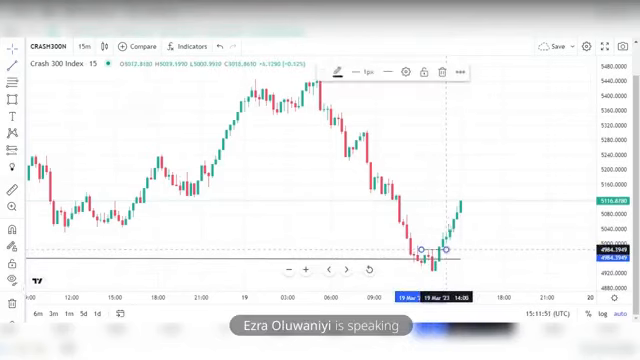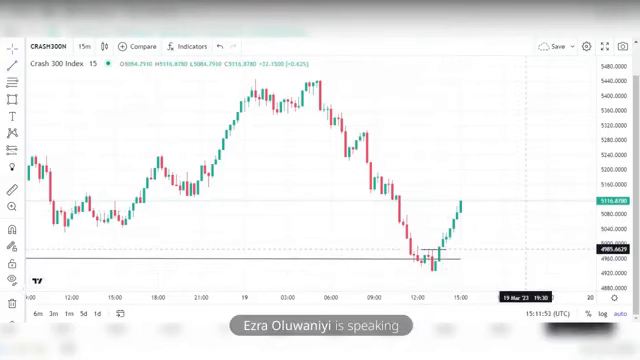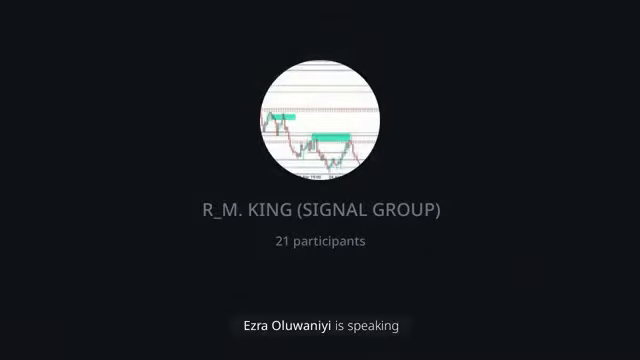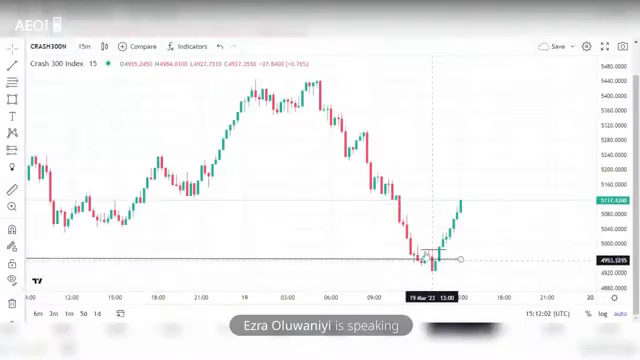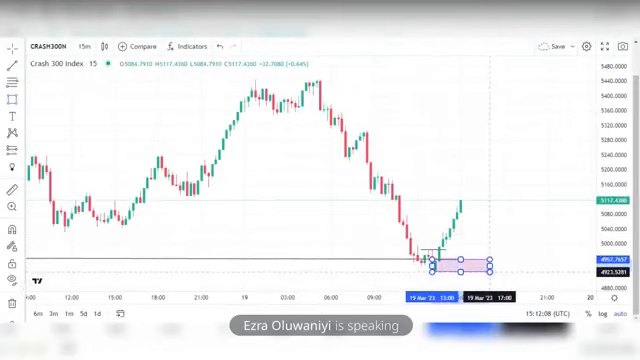Price broke structure. So as soon as price broke structure, I was waiting for price to come into this zone. Now, that was the first thing I was doing. I was waiting for price to come back into this zone, but I realized